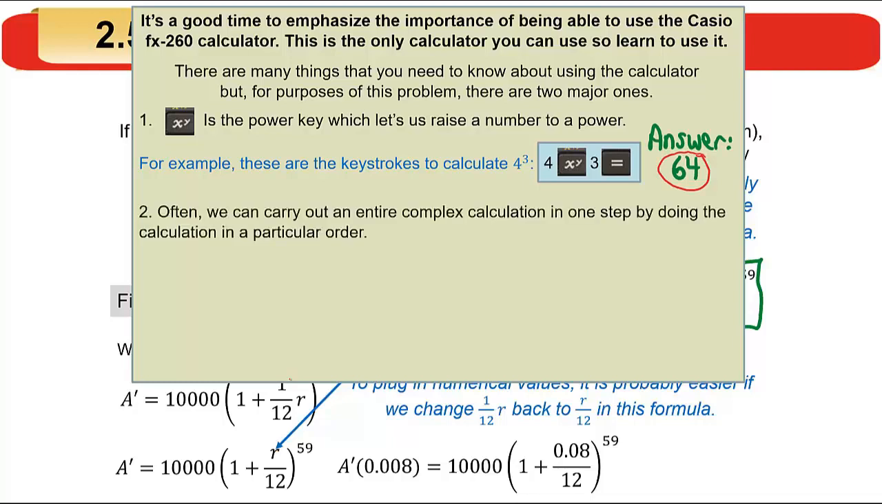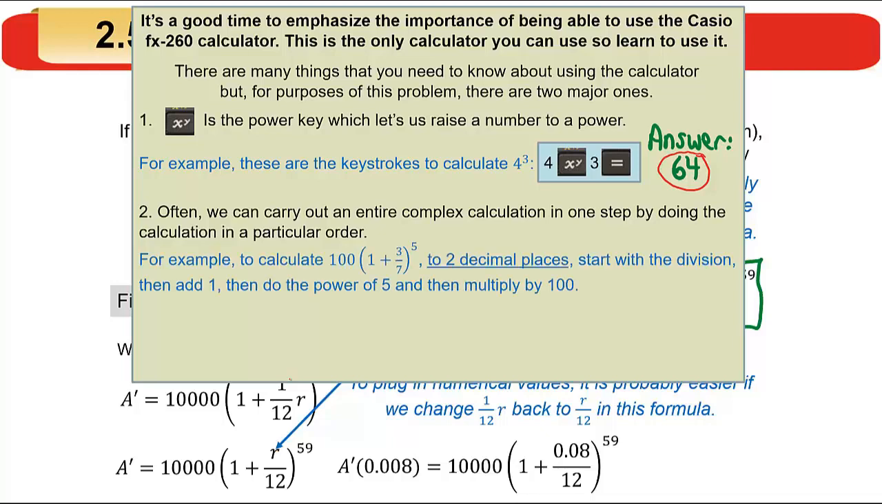The second thing that I'd like to mention is very important is that a lot of times you can carry out the entire complex calculation in one step inside your calculator without having to write down intermediate steps. Whenever that makes sense, I would highly suggest you do it that way, but it's something you have to practice. Let's look at an example of that. For example, if I wanted you to calculate this quantity 100 times the quantity 1 plus 3/7 all raised to the 5th and round it off to 2 decimal places in the end,